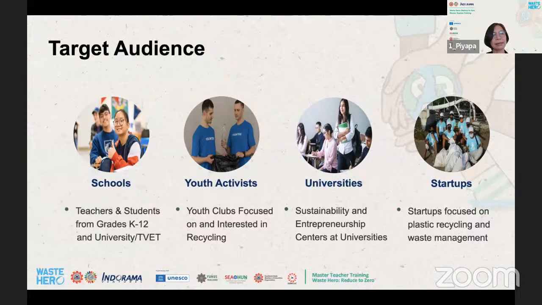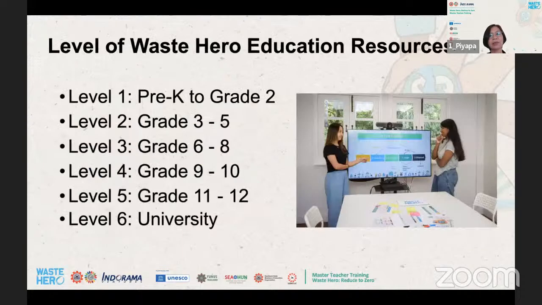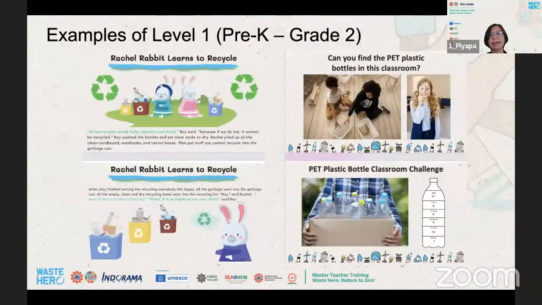The Waste Hero education resources consist of 6 levels from pre-kindergarten up to the university level, as you can see here. And this is an example from our Level 1 lessons for young learners, where the students learn the basics of recycling and how to recycle correctly through an animated story of a rabbit family.